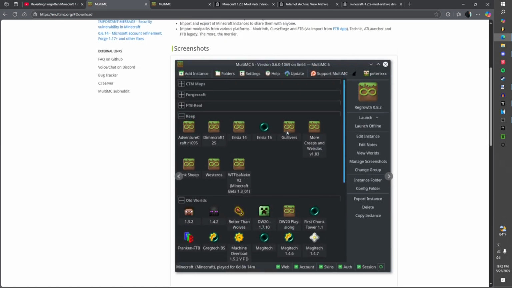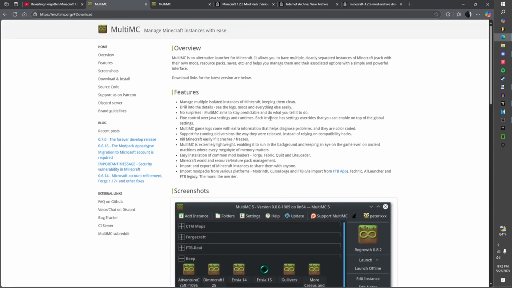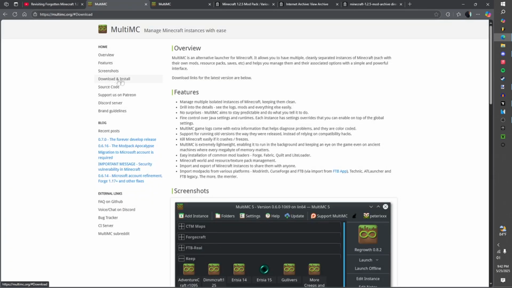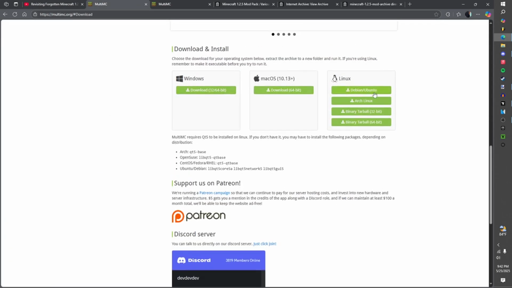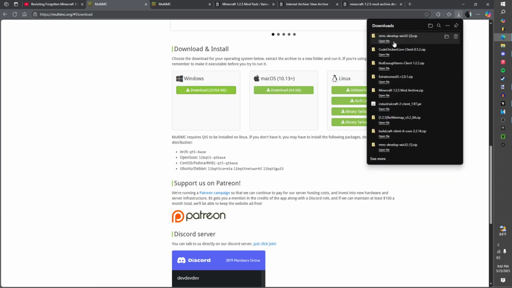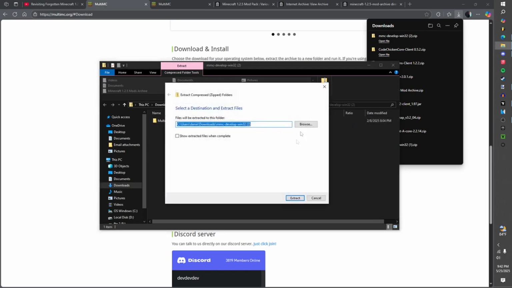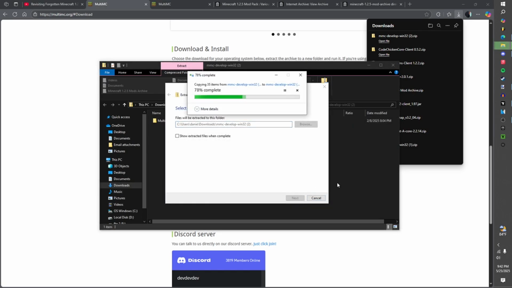The first thing you want to do is install MultiMC. This is almost impossible to do nowadays without MultiMC, so make sure you have this downloaded. I'll put this in the description, so you can go to my description. It'll be around here somewhere, and you can put download and install, whichever version you're using. I'm using Windows, so I'm gonna put download for Windows. It'll be right here. I already installed it, but for you, you can just extract all, get it out there,